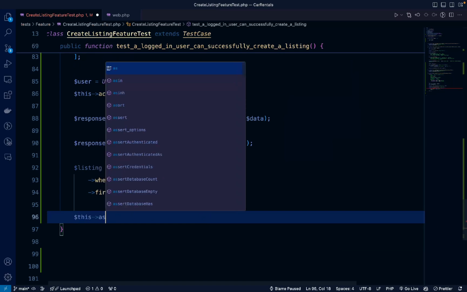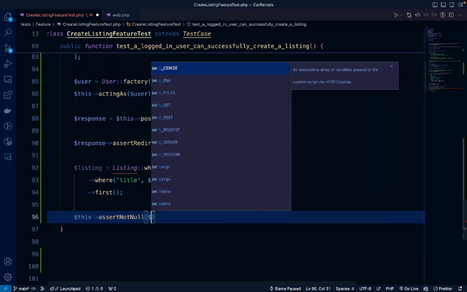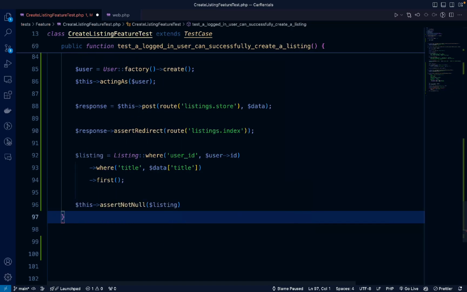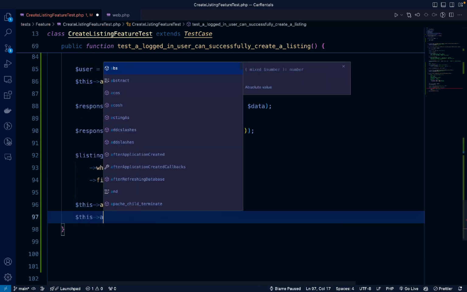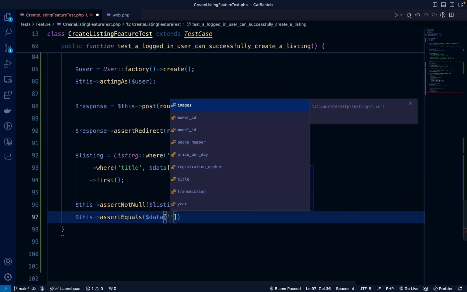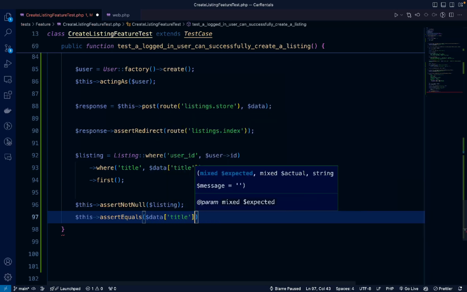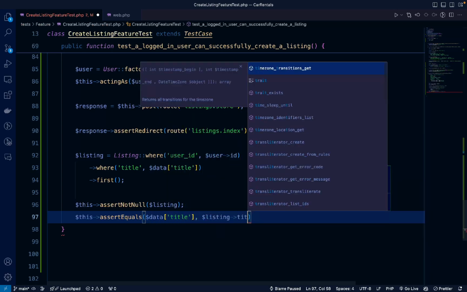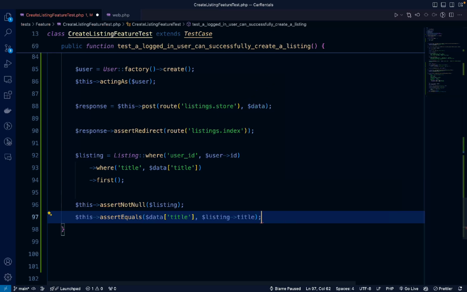So let's say this assert not null listing. Okay, so this should not be null. There should be a listing in the database, and then we'll do this assert equals, and now we're going to check each and every column. So we're going to say data title and listing title, and